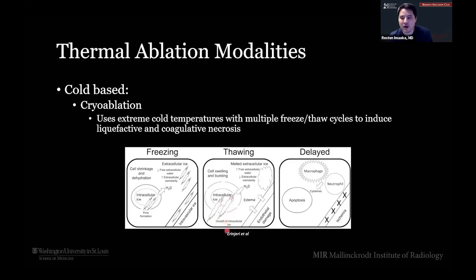And then as you thaw, that kind of reverses. So the thawing cycle, water goes back into the cell, it swells, it bursts. There's endothelial damage that happened before, and we get even more edema, so even more swelling in this region. And then you repeat the whole thing over again, you freeze it again, and then we get the delayed reaction where we see the neutrophils, the macrophages show up, they release some cytokines, you get a big inflammatory response, and then that induces a lot of cell death.